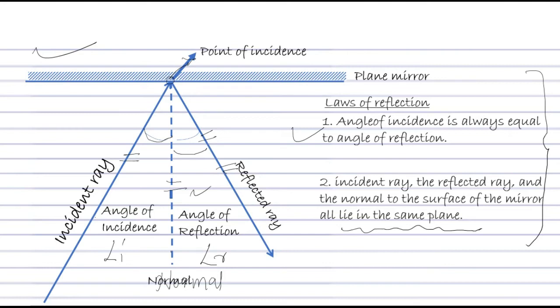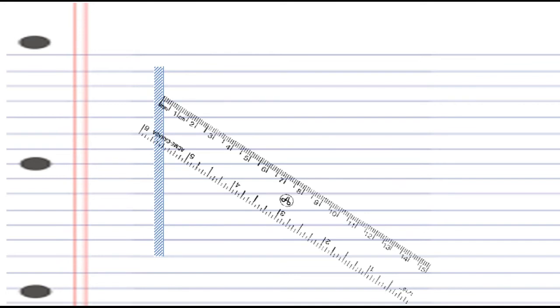Sometimes in the exam, you are asked to draw the ray diagram and the mirror is placed vertical. Let's say the mirror is as it is on the screen now, and the incident ray will be given on this. Let me draw an incident ray also. Now you have to complete this diagram. This much is the question now.